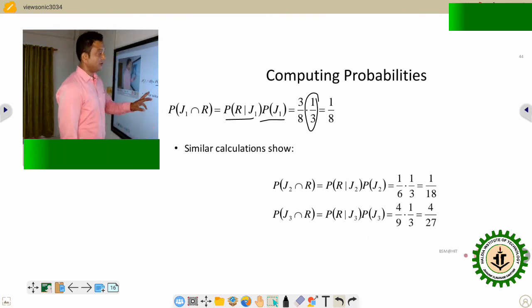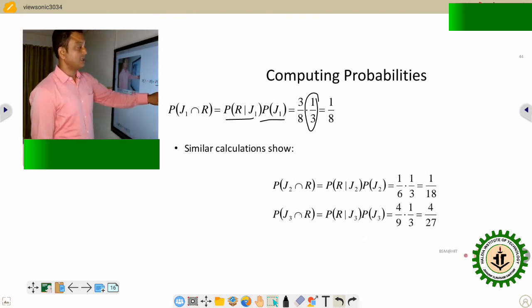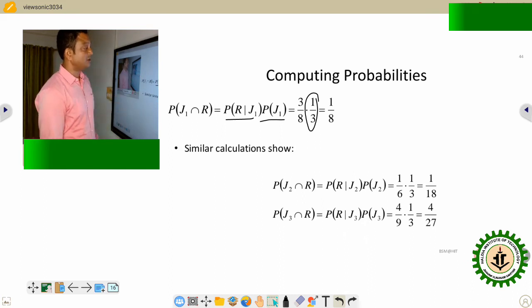Total balls equals 8, so that's why its probability equals 1/3. The same will happen for jar 2 and jar 3. I think you can do this. This is easy to do. Next,